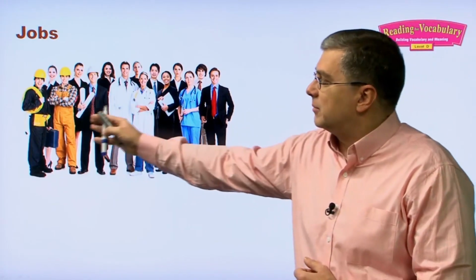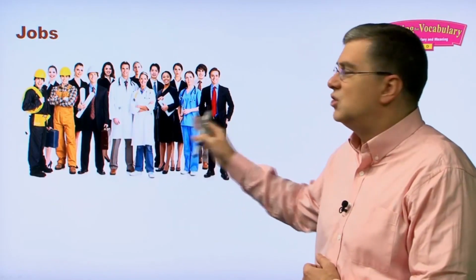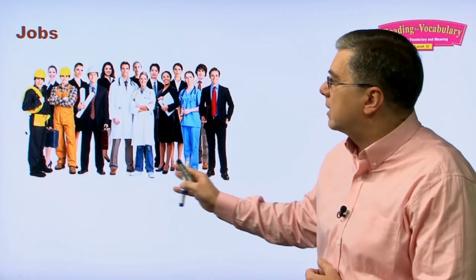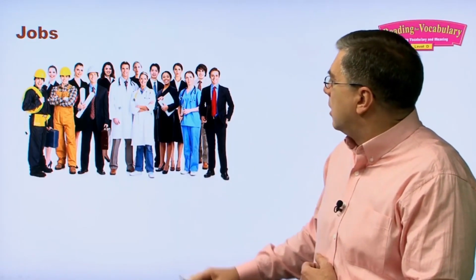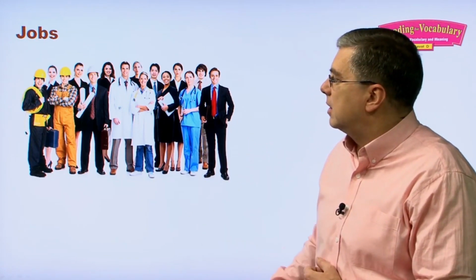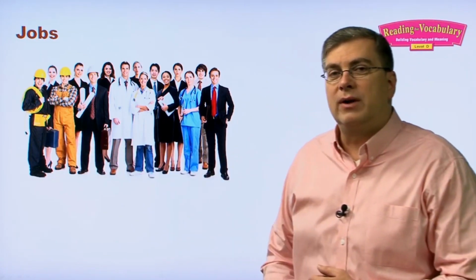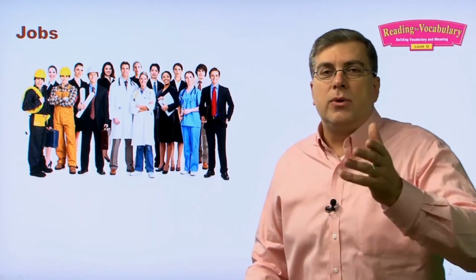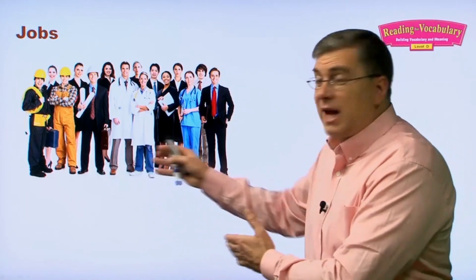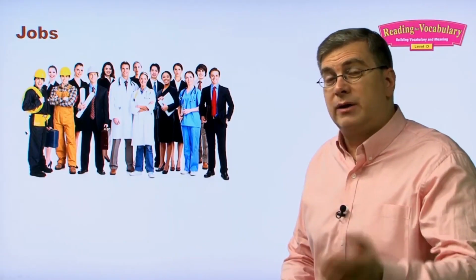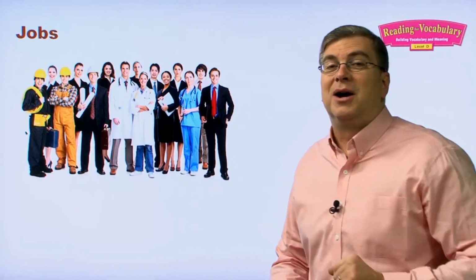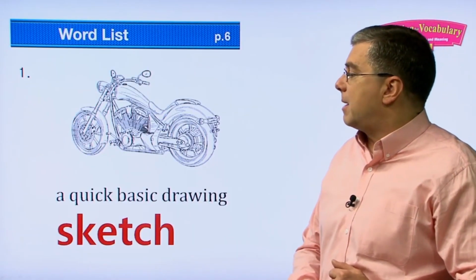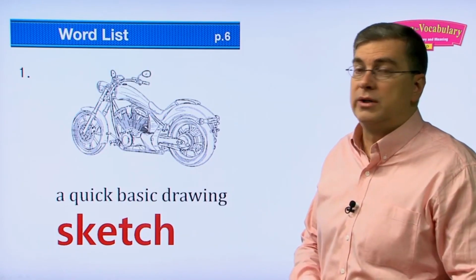Look at all these jobs. Can you find the different names of the jobs? We don't have time to go over all of them, but we can just quickly see there's a doctor, maybe there's a lawyer over here, there's an electrician over here. There are many different kinds of jobs. When you think about your future, what kind of job do you want? Well, we're going to talk about one exciting job in this lesson, okay? But let's talk about a few vocabulary words first.